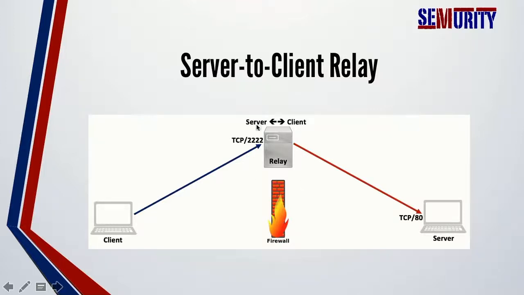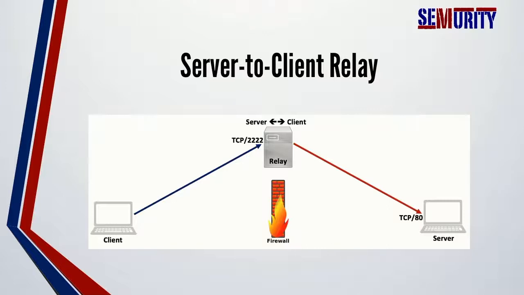We set up a relay system over here, and then we connect to this system, and the system will connect to the website and fetch the web pages for us, and then we will be able to view the website on our web browser as if we are accessing the target directly. And the way to do this in Netcat is we will run Netcat on the first type of relay, and this type is called the server to client relay.